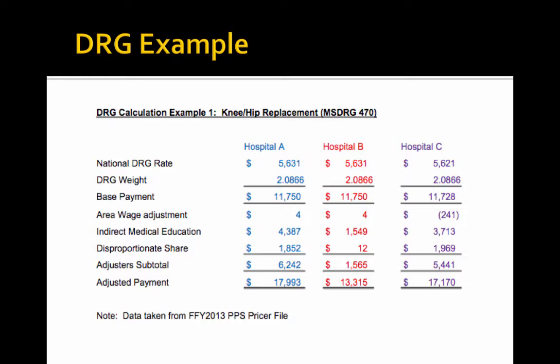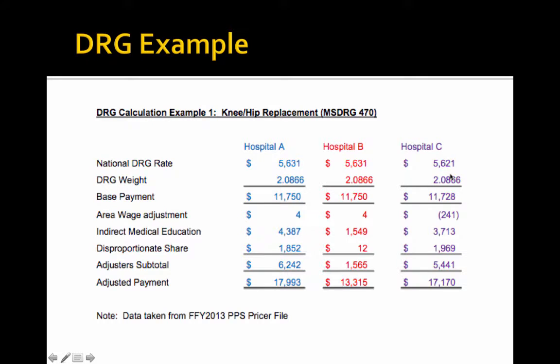The national DRG rate for this is from 2013, this example. The national DRG rate for the knee and hip replacement is $5,631. You can see that on this top line. So this is 3 different hospitals. So this is the base rate, the national DRG rate, not specifically for the knee and hip replacement, but just